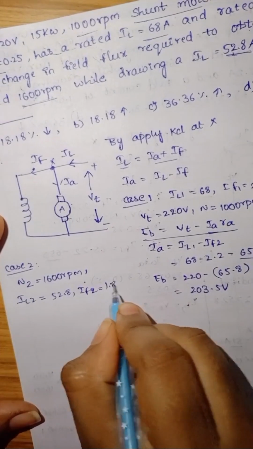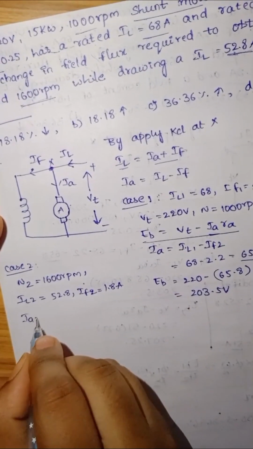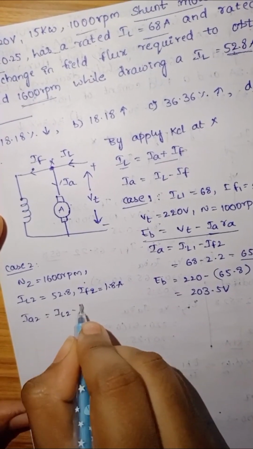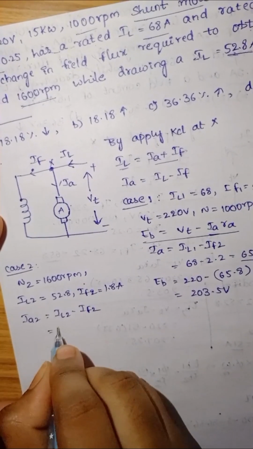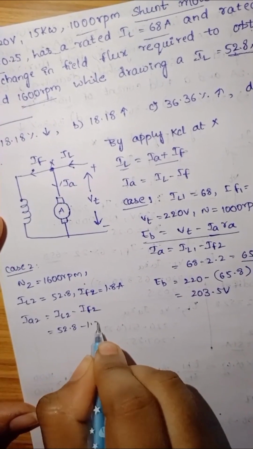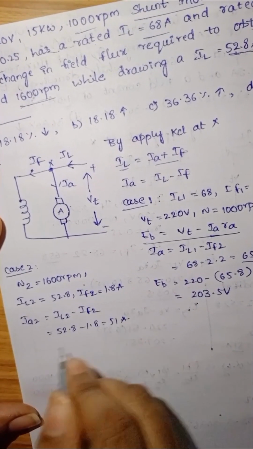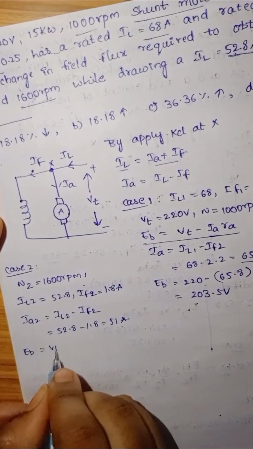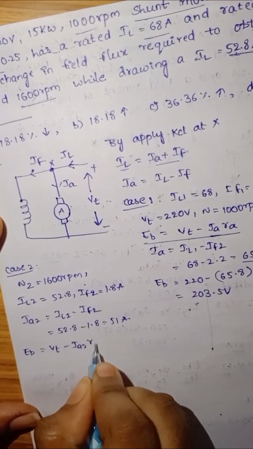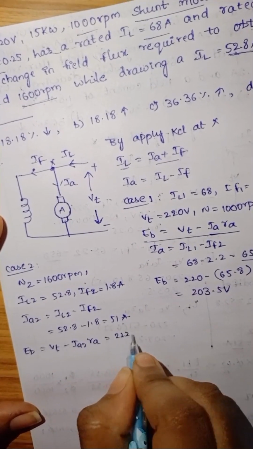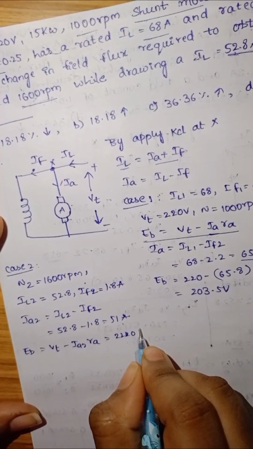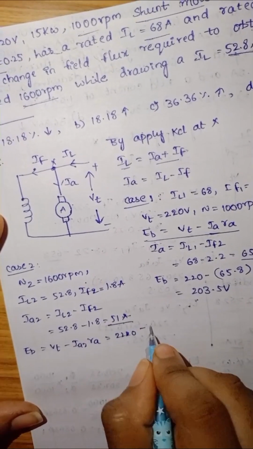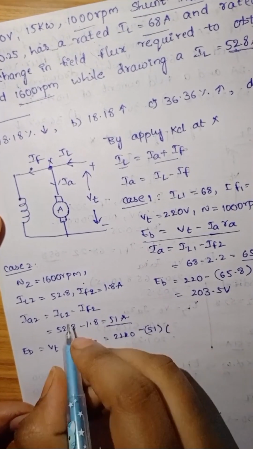Now let's find IA2, which is IL2 minus IF2, 52.8 minus 1.8, which is 51 amps. EB2 is equal to VT minus IA2 RA, which is 220 minus 51 into RA 0.25,